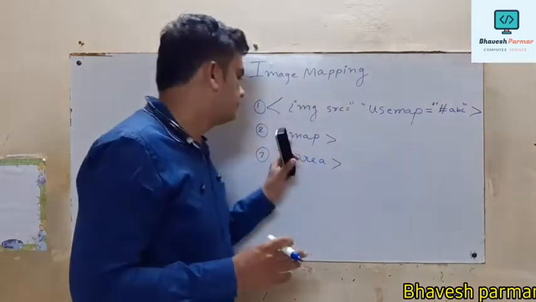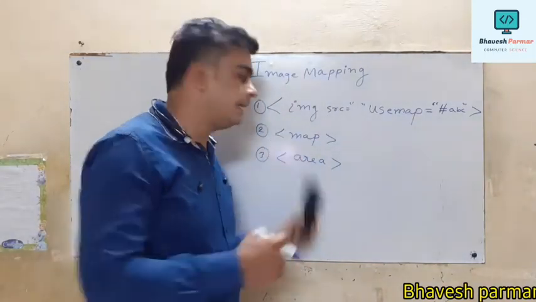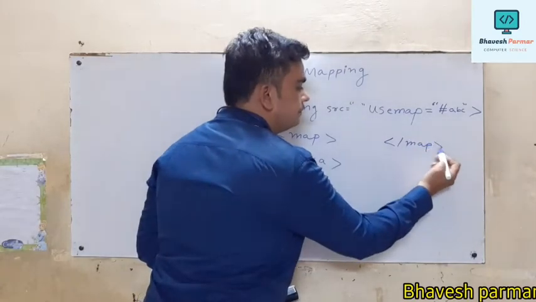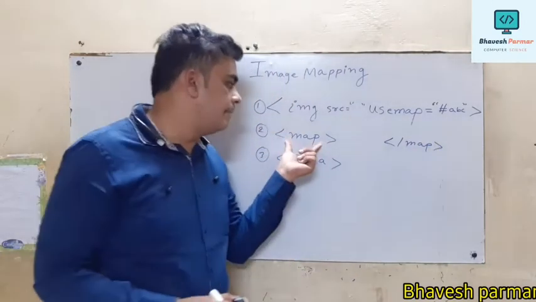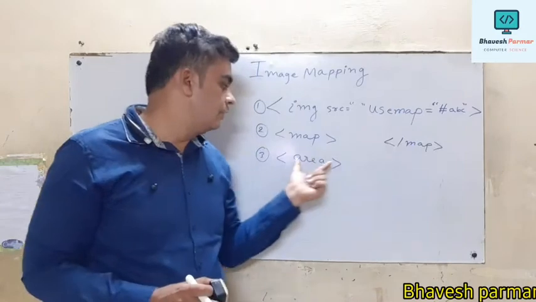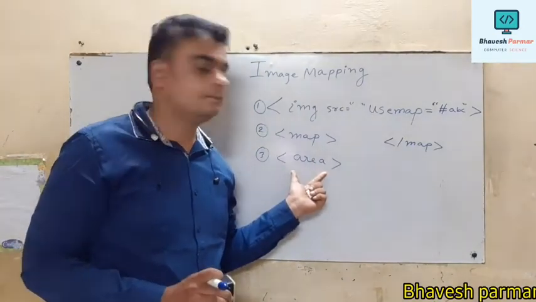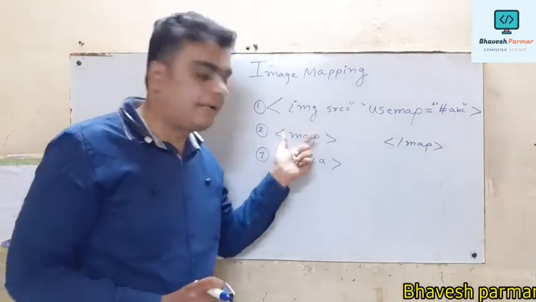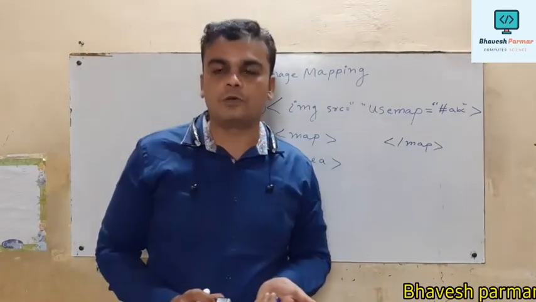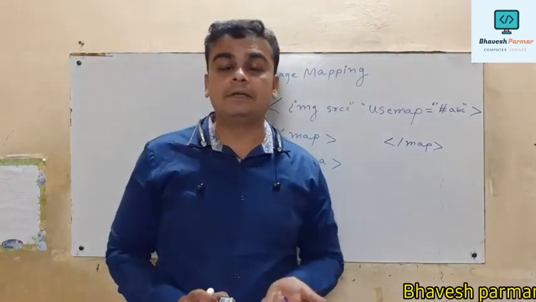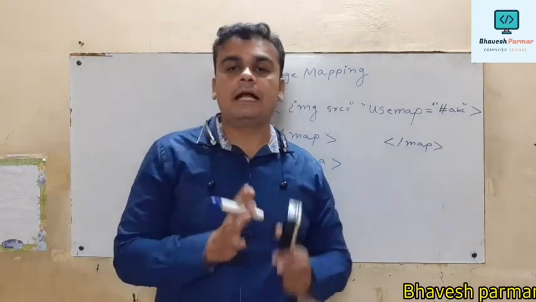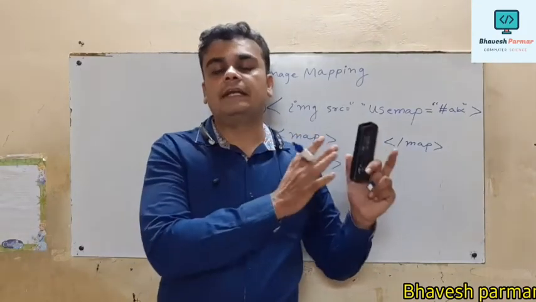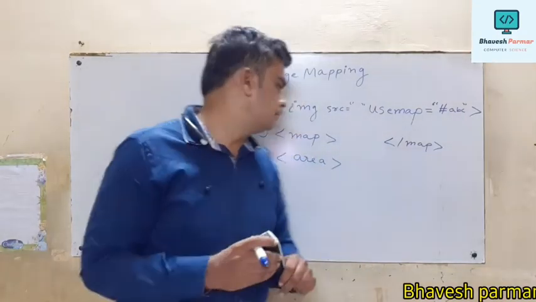Generally, map is a paired tag and its companion tag is /map, and between the map and /map tags we are going to use the area tag. So guys, I hope the map tag is clear to you. The map tag is used to create a hotspot region, which is called a clickable region. So we can click and use that image to load or link with another program.